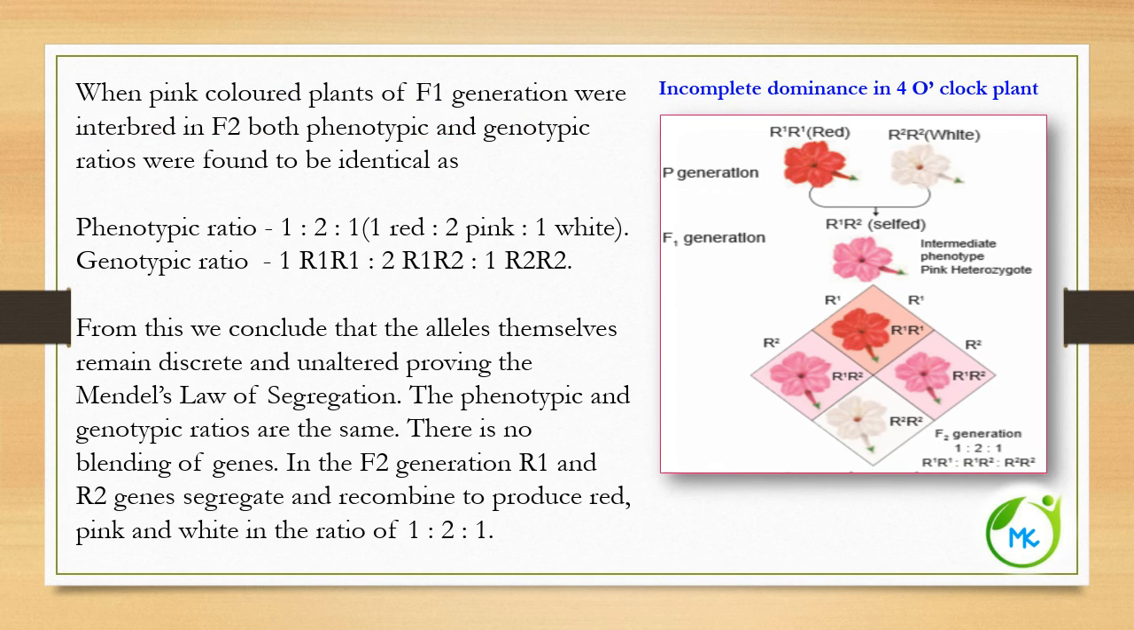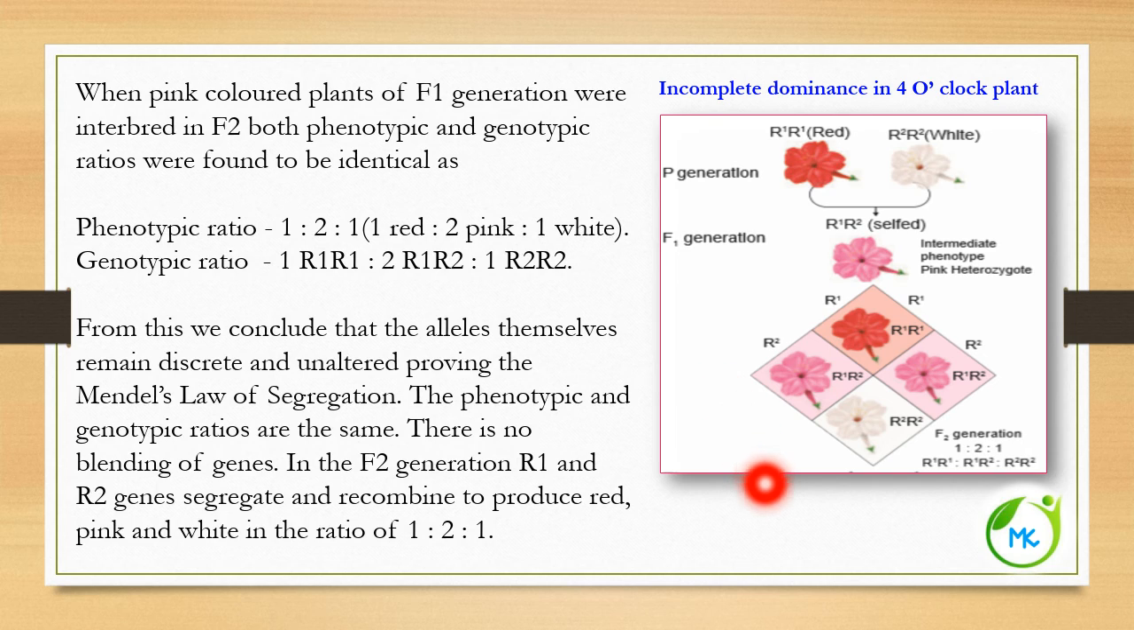When pink colored plants of the F1 generation were interbred, first, in the parental generation, a red flower is crossed with a white flower. In the F1 generation, they have got the pink flower. When the pink flowers were interbred among themselves, in the F2 generation they could see that both the phenotypic and genotypic